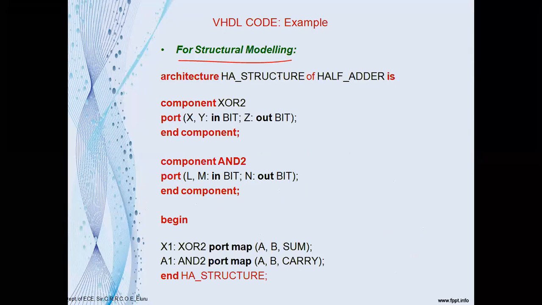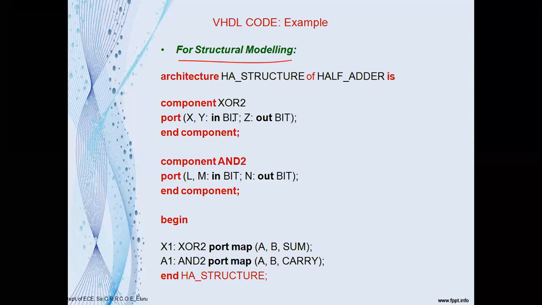The structural modeling is the lowest level of abstraction. What is the lowest level in any of the modeling? It is nothing but the physical device. If you look at the device physically, you will see digital gates and digital components, and they are all interconnected. So the structural modeling also describes the behavior of the system by the interconnection of the digital gates and components.